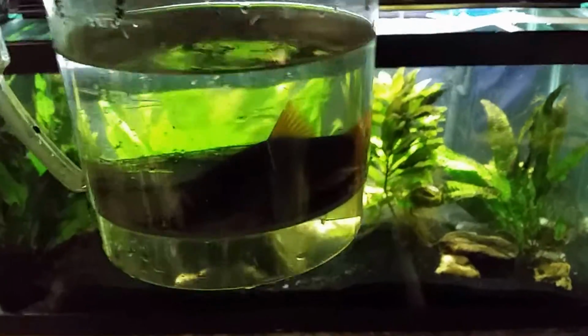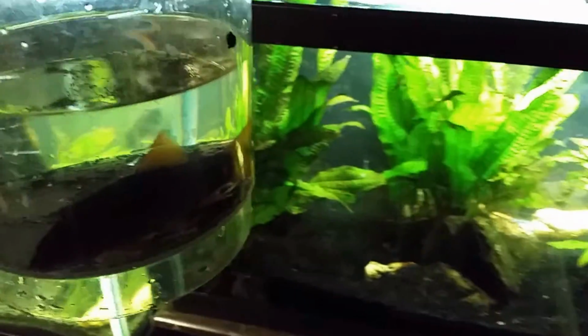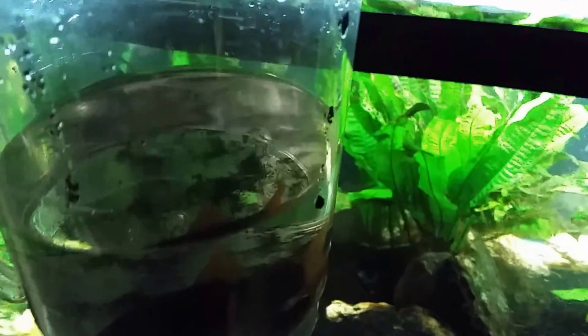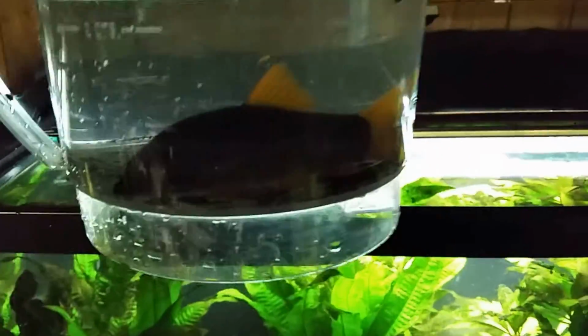I finally got that red-tailed loach out of my gudgeon tank here. I'm not sure what I want to do with it yet. It's a pretty good sized fish. Here, let me put you on hold and we'll go over to the washing machine. I don't want to freak it out too much. I guess that gives you a little bit of a look at it. I know that makes it a little big and round. So what I'm thinking about doing with it